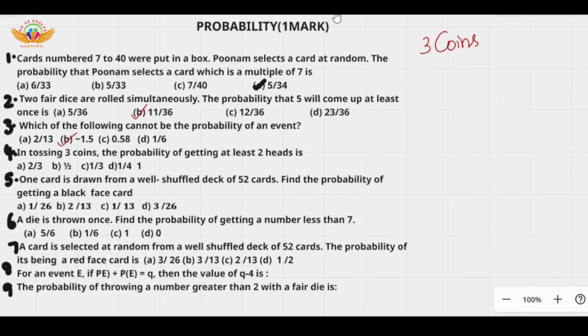First, let me go. If the first coin gets a head, the second coin also gets a head and the third coin also gets a head, it becomes head, head, head. So start with the head. First finish the outcomes with a head on the first coin. Head, head, head. Again, I'm choosing the first coin to be head only and changing the second and third coins: head, head, and the third one is tail. Again, head.